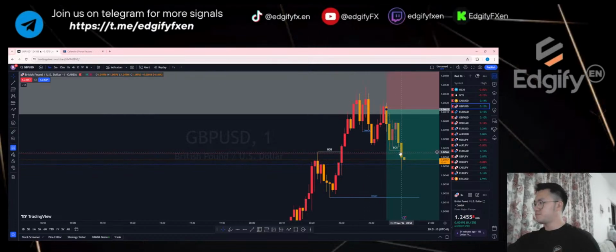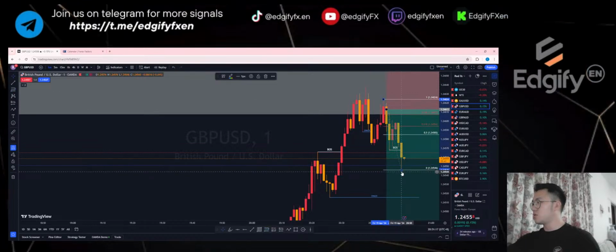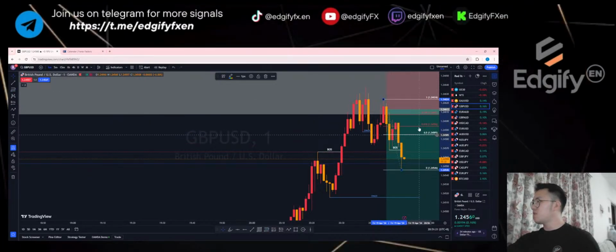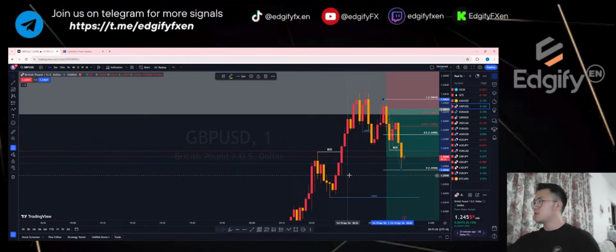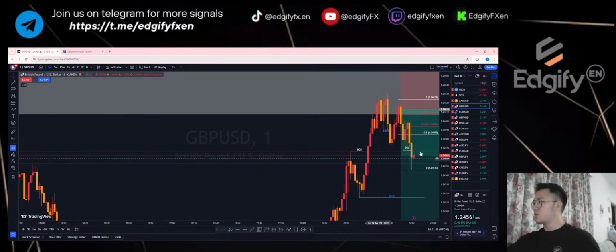Basically, I have a BOS here. So if the price were to retrace, obviously it's from here to this current low. So it will retrace back to somewhere here. And if this level couldn't hold, it will just break above. So this is what I'm looking for. But if we look at this level here,